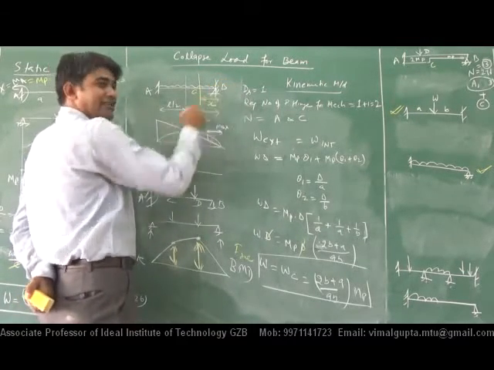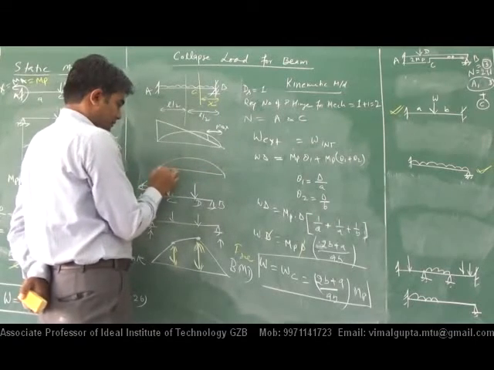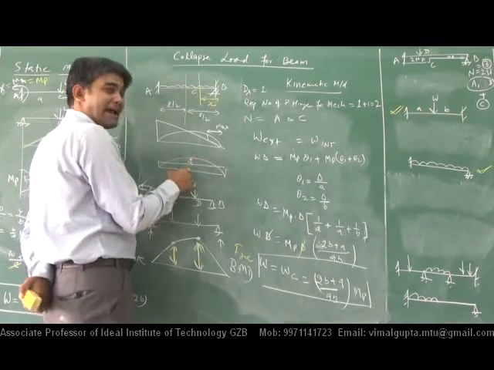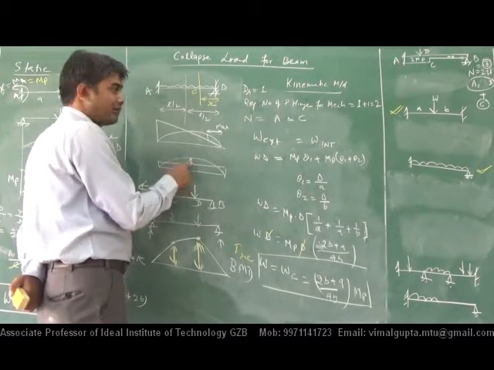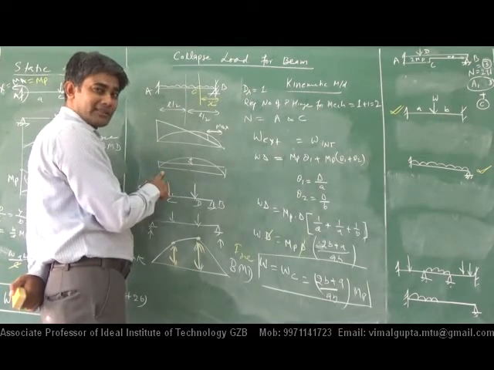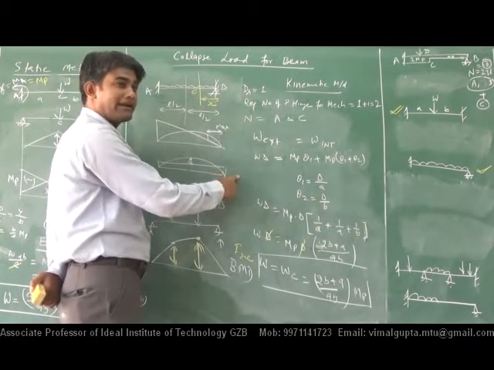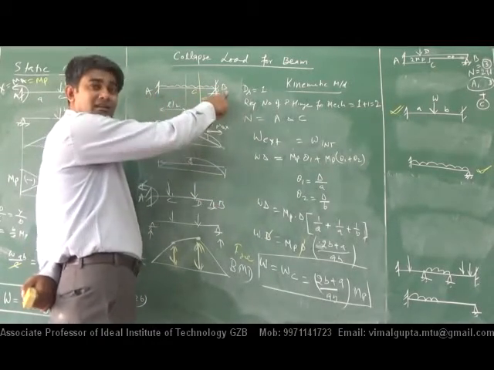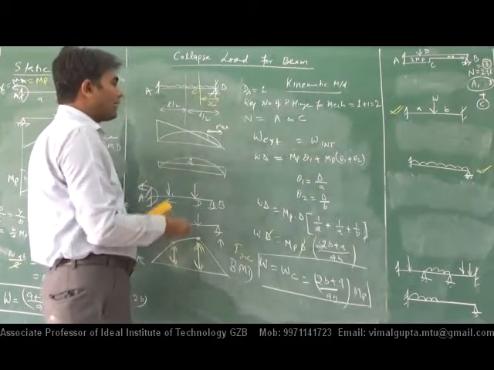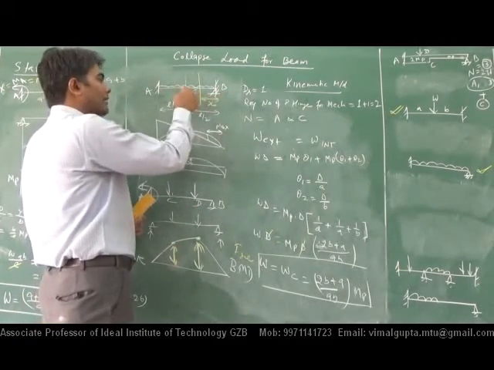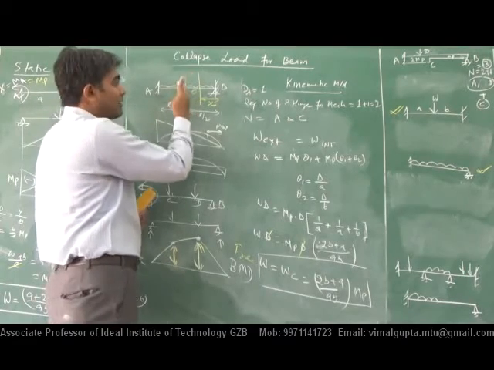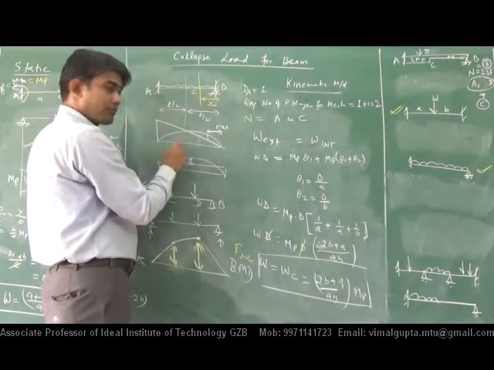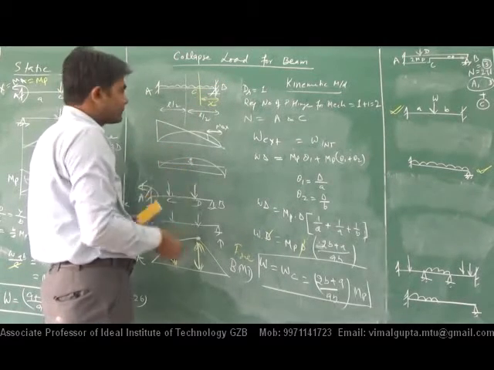If it is like this, then the free BMD is this. Now the maximum bending moment would be at L by 2 for the case of fixed A and B, where both are the same, fixed. But here one is fixed and one is hinge, so it is different. The maximum bending moment peak will not be at the midpoint, it will be shifted towards B. From here you can observe.